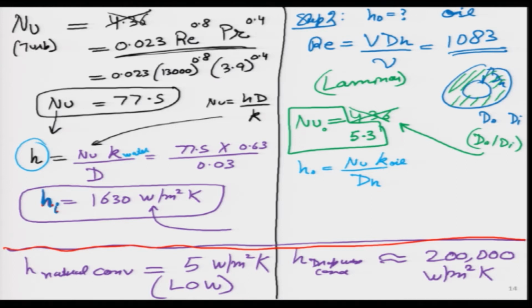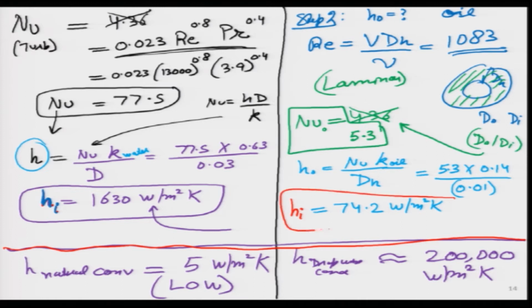I am doing it fast because I think this is very simple calculation, students can follow it very easily, right. So, this K value is very low, 0.14, hydraulic diameter as per my calculation I think it will be just the difference. So, it will be 1 centimeter, although something like this. So, this H outer will turn out to be very small value compared to which one. So, this I will write in red. So, this is H O outer for the oil. So, just see there is a huge difference between the inner pipe and the outer pipe heat transfer coefficients.